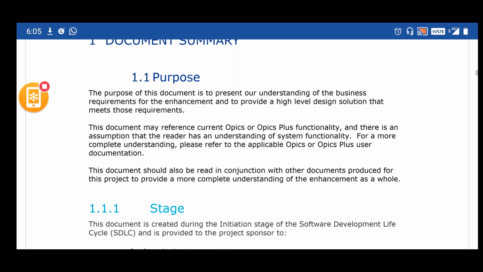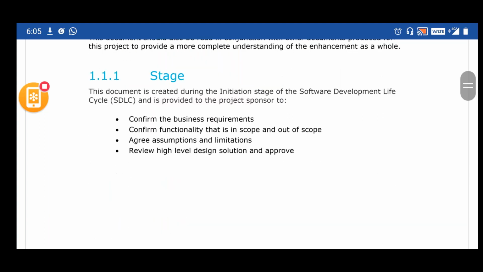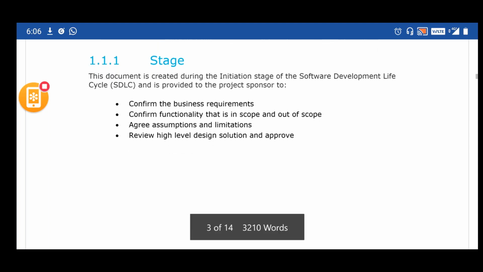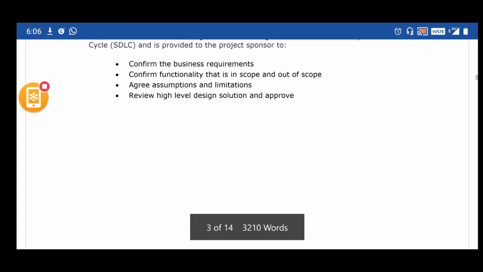At what stage of SDLC do we prepare a functional spec? It is prepared at the initial stages of the software development life cycle, and it is provided to the project sponsor to confirm the business requirement, confirm the functionality that is in scope and out of scope, agree on assumptions and limitations, review the high level design solution, and approve. So with regards to the design solution also it will be helpful.